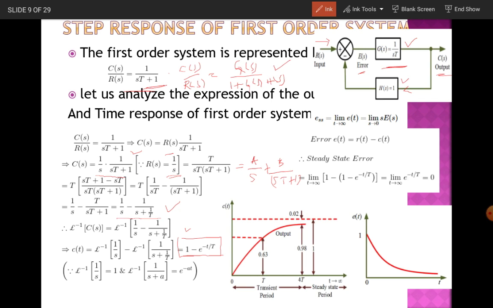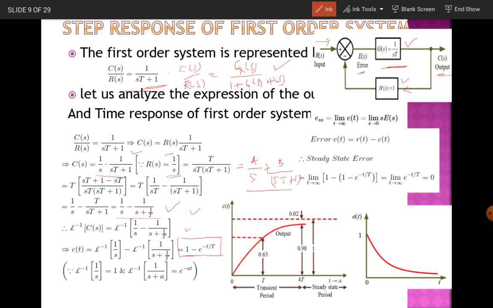So this is the basic procedure followed for each system. The first initial step is to find the transfer function, the closed loop transfer function of the system. Then the next step is to assign the input for R of s. So here for this case the input is assigned as a step input, 1 by s. Then by using the partial fraction method, you split the expression into this format. Then find the coefficients a and b, and substituting in this C of s, you will get the C of s. Then you take the inverse Laplace transform. So finally you will get the C of t.